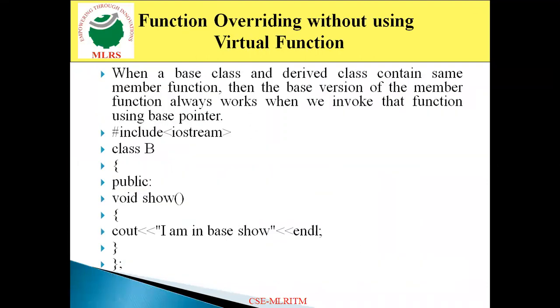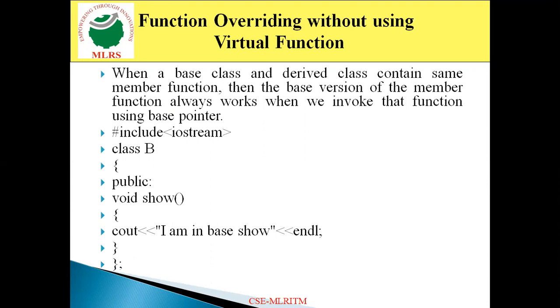Now, let's see how we can solve that problem by means of function overriding. Observe clearly here, I am going to specify function overriding without using a virtual function. Practically, to avoid ambiguity, we have to use a virtual function. When we use a virtual function, that is function overriding. Now, in this example I am not using any virtual function. If I am not using any virtual function, how will it behave?